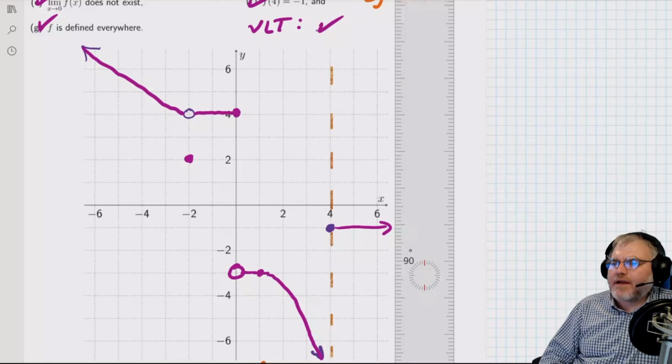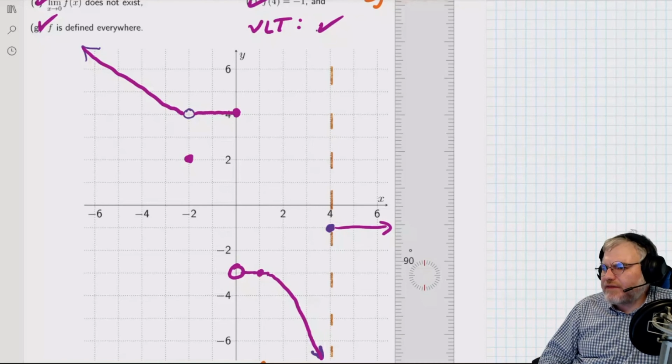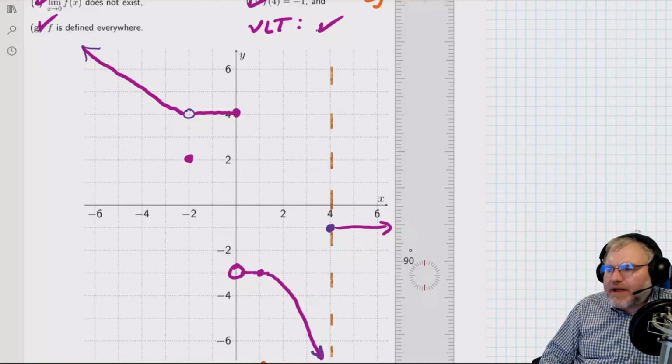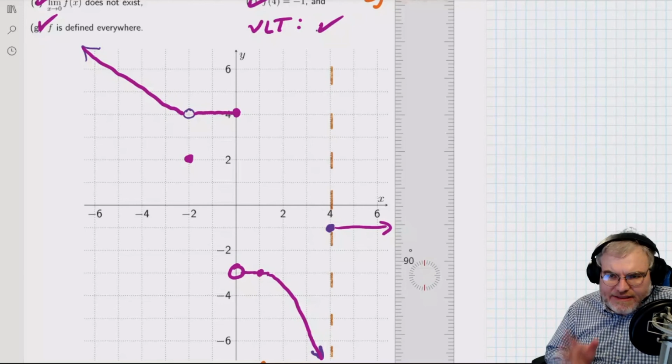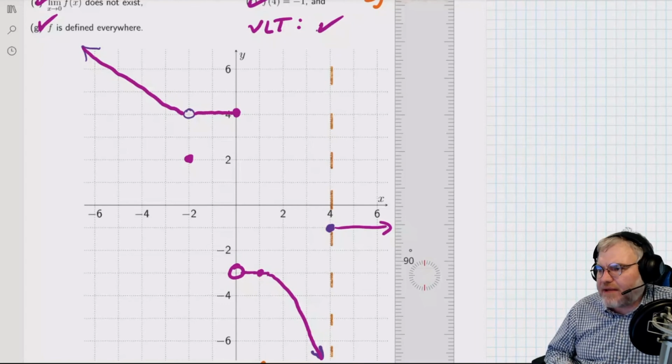Okay. If you have trouble with this, that's okay. These graphing things are a little difficult. But if you want to work on them, please work on them, because you really need this thing fixed by the time of the test, right? Because you really have to be able to do these well and quickly.